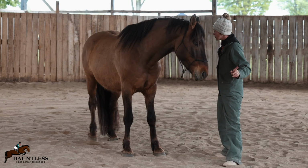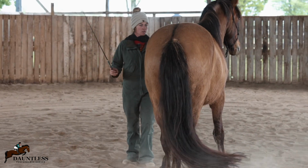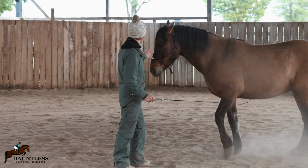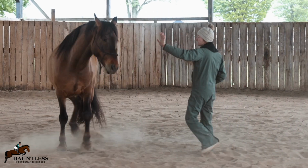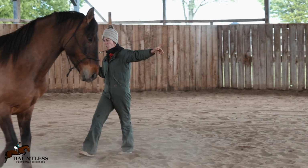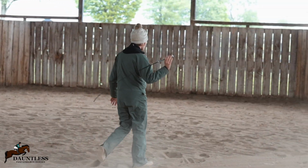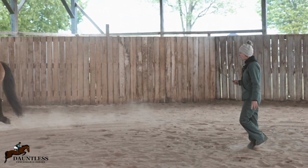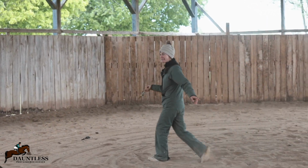I'm going to go the other direction or attempt to go the other direction. Now, when you've got a horse like this that wants to stay close, it's totally fine to put your hand out this way. In fact, I encourage it as a boundary or a barrier, and just keep it close enough to their head until they get, good boy, far enough away that you can add that finger into point. Now, again, this is just kind of like a meet and greet. So I'm not going to send him out here and analyze the way he moves or...